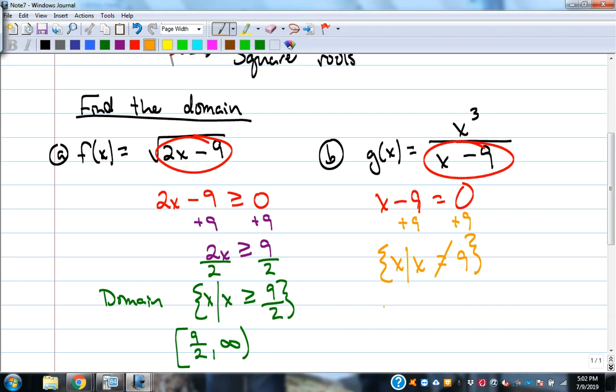Interval notation, I'm going to use a different color. I don't like orange, you can't hardly see. All right. I struggle seeing it. All right. And then with interval notation, we're going to go from negative infinity up to 9, union 9 to positive infinity. Those would be the domain